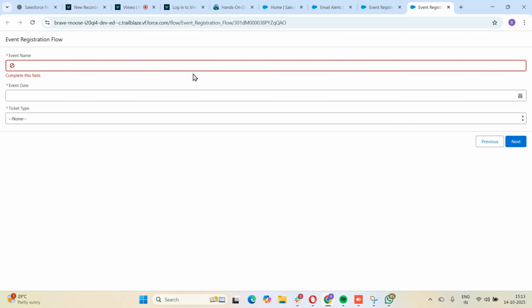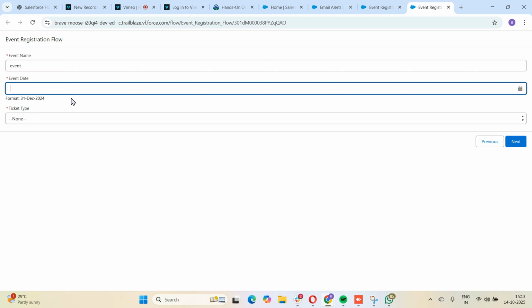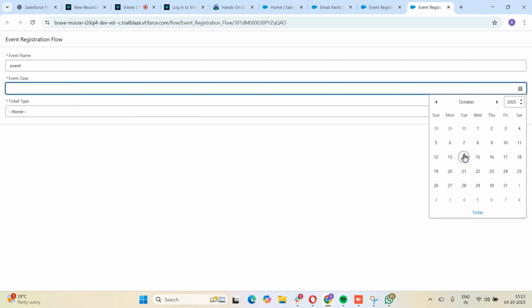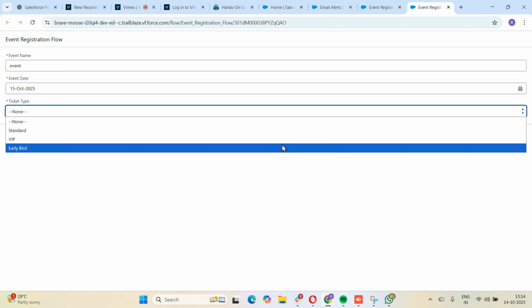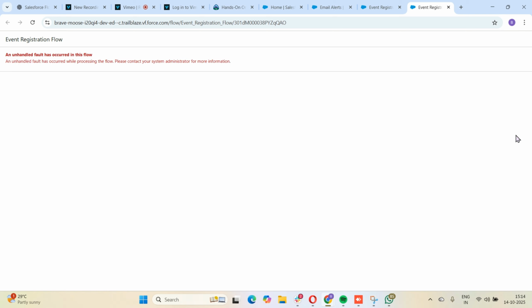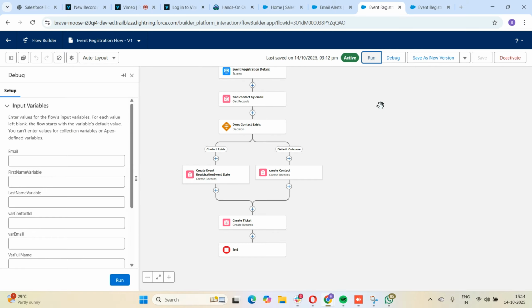Then we're gonna give event name. Event name something, we'll give event only. Then let's give event date, I want ticket type something called as enabled, and next so